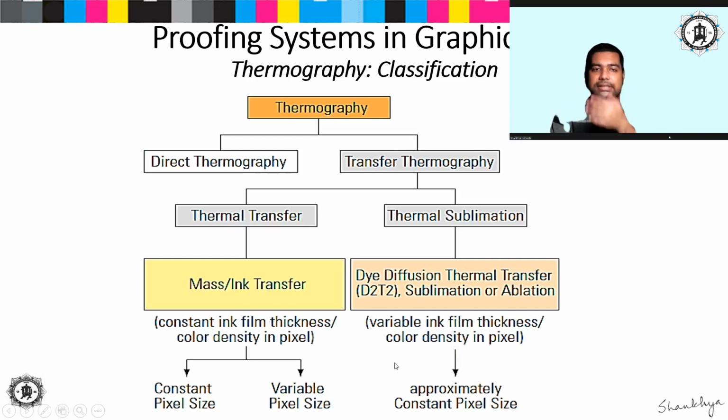So basically you can see that thermographic printing technology can be classified into two types. One is direct thermography and another is transfer thermography. Within transfer thermography also you will see that there are two types: one is thermal transfer and another is sublimation technology. So let us try to understand the thermal process first,